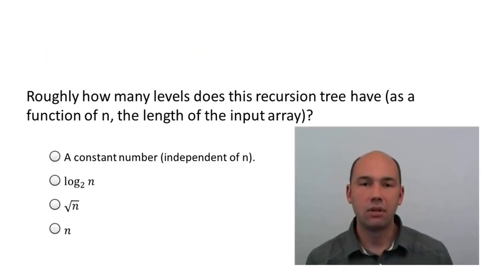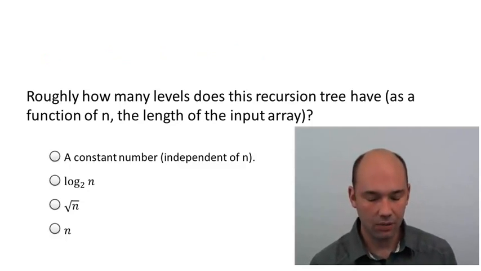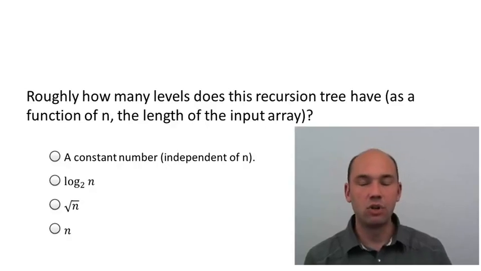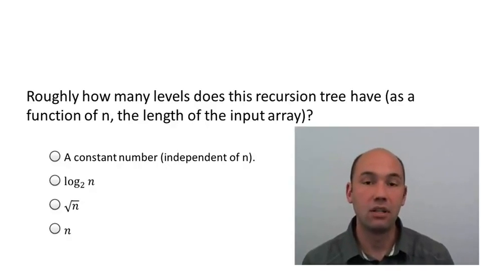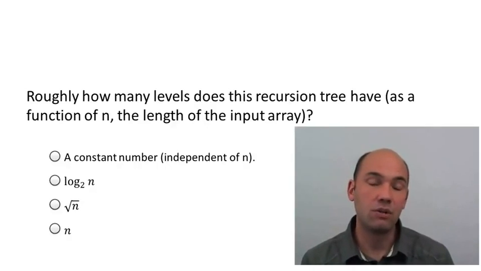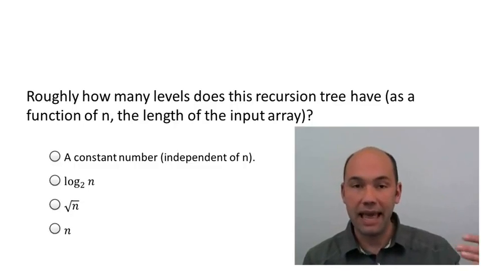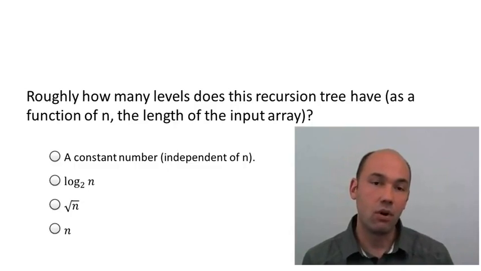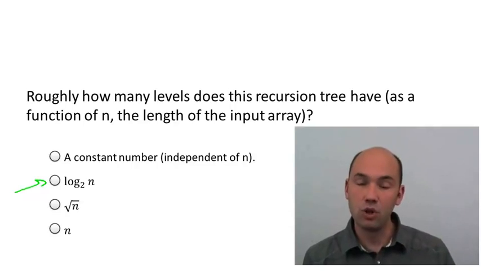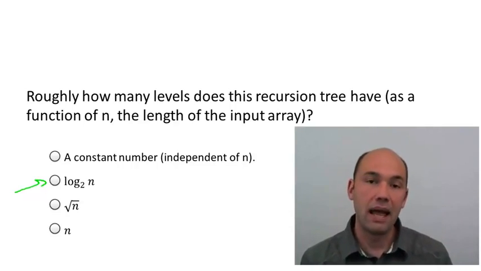Hopefully you correctly guessed that the answer is the second one. Namely, the number of levels of the recursion tree is essentially logarithmic in the size of the input array. The reason is basically that the input size is being decreased by a factor of 2 with each level of the recursion. If you have an input size of n at the outer level, then each of the first set of recursive calls operates on an array of size n over 2. At level 2, each array has size n over 4, and so on. Where does the recursion bottom out? Well, down at the base cases, where there's no more recursion, which is where the input array has size 1